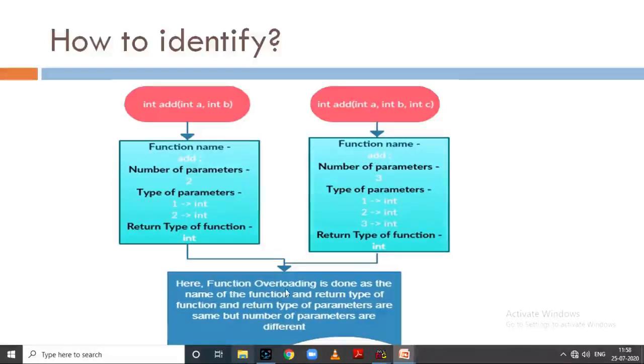That means function overloading is done because the name of the function and the types of the parameters are the same, but the number of parameters is different. This way the compiler can identify which function to call at which time.